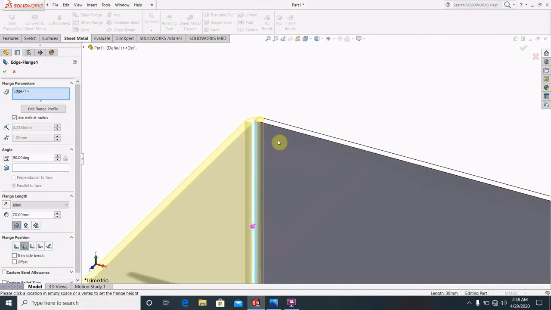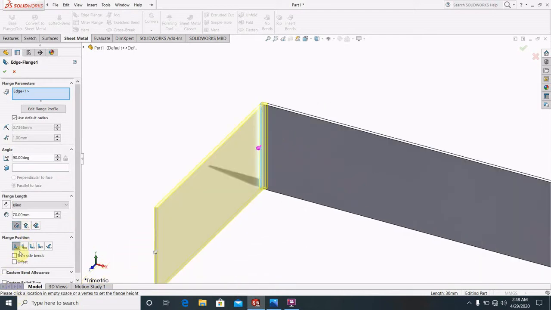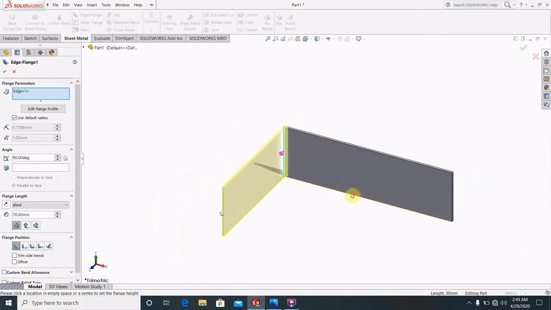In this case I am going to apply the inside bend. Okay, this is more applicable. So you can find two things, inside and outside. According to your drawing you can change that. So the length will be 100 because this is also 100, this is also 100.